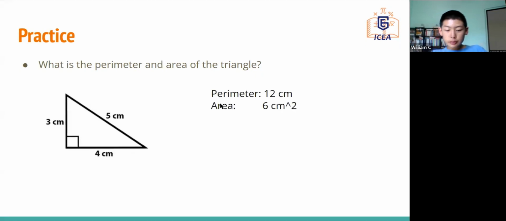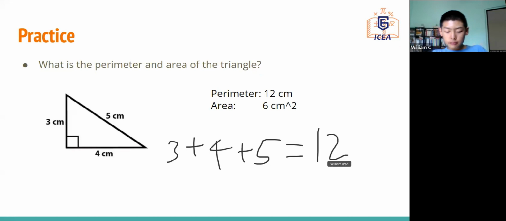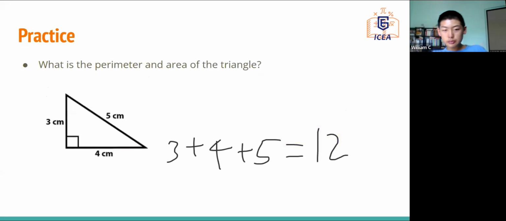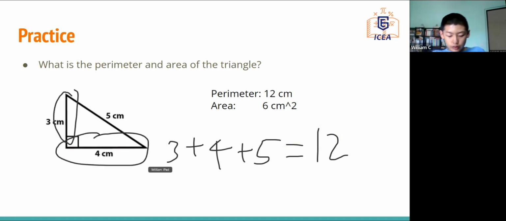The perimeter is 12 centimeters and the area is 6 centimeters squared. Let's see how we get that. Know that the perimeter is the sum of all sides of the triangle. It equals 3 plus 4 plus 5 centimeters equals 12 centimeters. The area is 1/2 times base times height. So since over here the height is 3 and the base is 4, I have 1/2 times 3 times